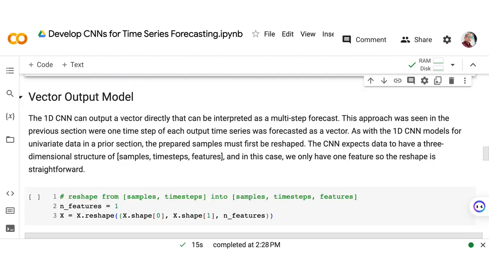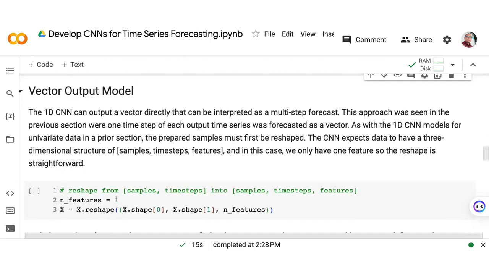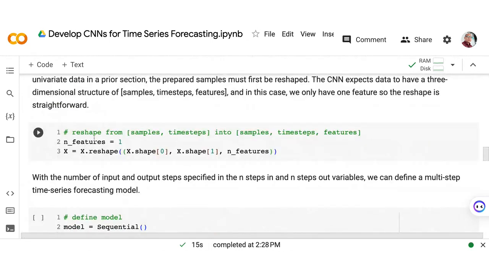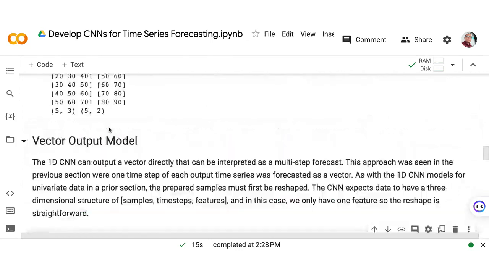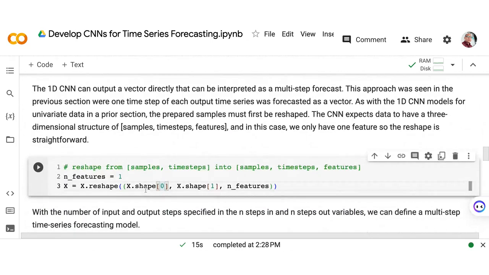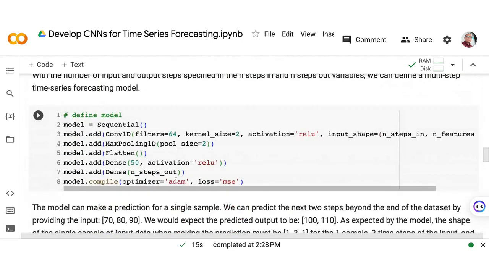Now let's use the vector output model. And you notice that we are trying to reshape our data here. So basically, we're using the number of features here, not only the 5 by 3. So it's going to be 5 by 3 by 1, because the number of features is equal to 1.